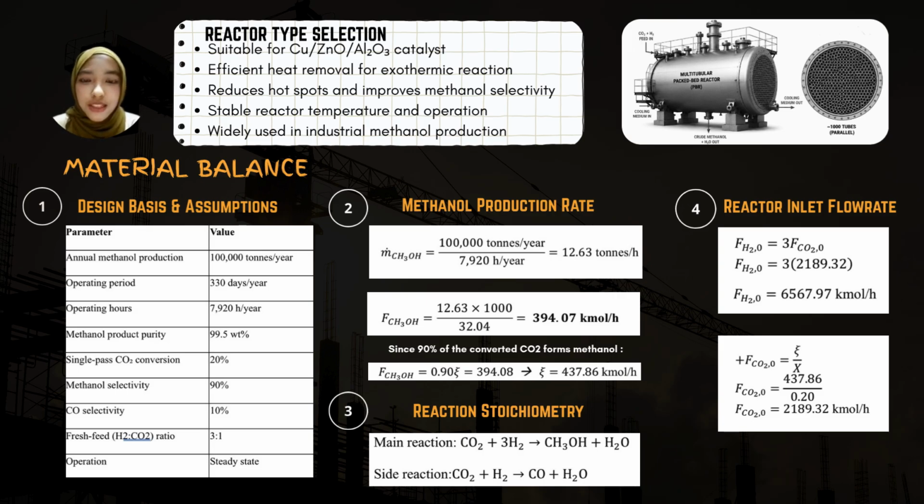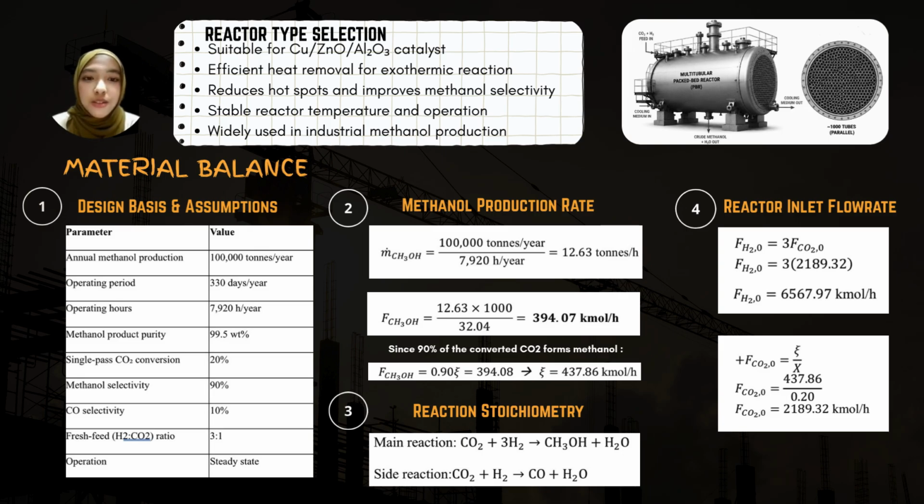This slide shows the design basis used for the reactor material balance. The methanol plant is designed to produce 100,000 tons per year with a target purity of 99.5 weight percent. The plant operates 330 days per year, equivalent to 7,920 operating hours. Based on this production target, the methanol production rate is 12.63 tons per hour or